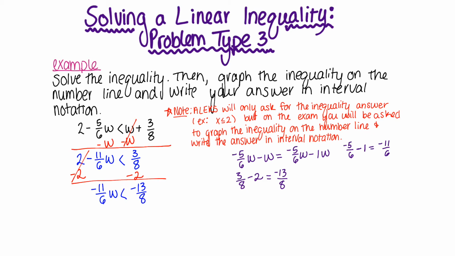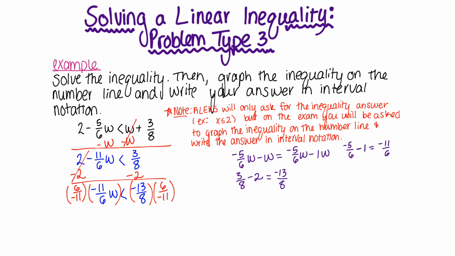Now we want to get w by itself. So we want to multiply both sides by the reciprocal of, and this one gets kind of confusing. Sometimes students want to multiply by the reciprocal of this guy. It's not that you're looking for the reciprocal of the thing on the left, it's that you're looking to multiply both sides by the reciprocal of the thing in front of your variable. So my variable has a negative 11/6 attached to it, so we're multiplying by the reciprocal of negative 11/6. So flipping it upside down, that's what the reciprocal is. You're multiplying by 6/11